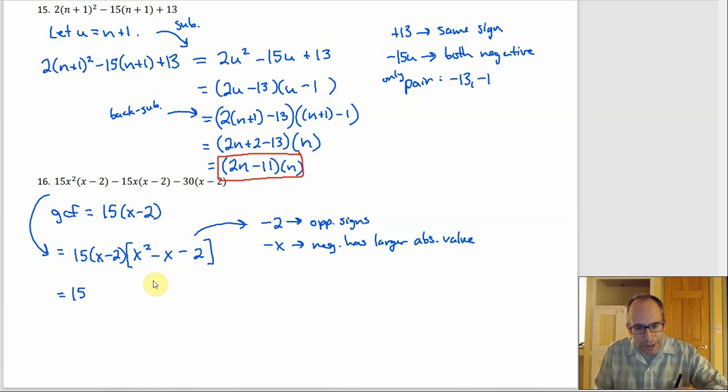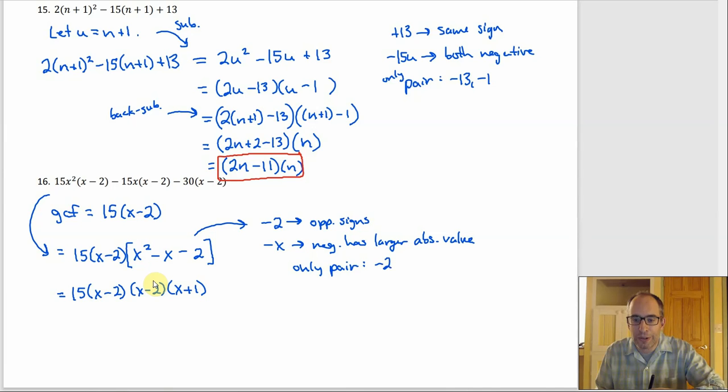So it's got to be x minus 2 times x plus 1, right? So then here, your only pair would be negative 2 with 1, right? That's the only one that satisfies both of these things. So you get here and you go, okay, well, that looks like the answer. So you could either write it like this, or you could clean it up a little bit. So like that,